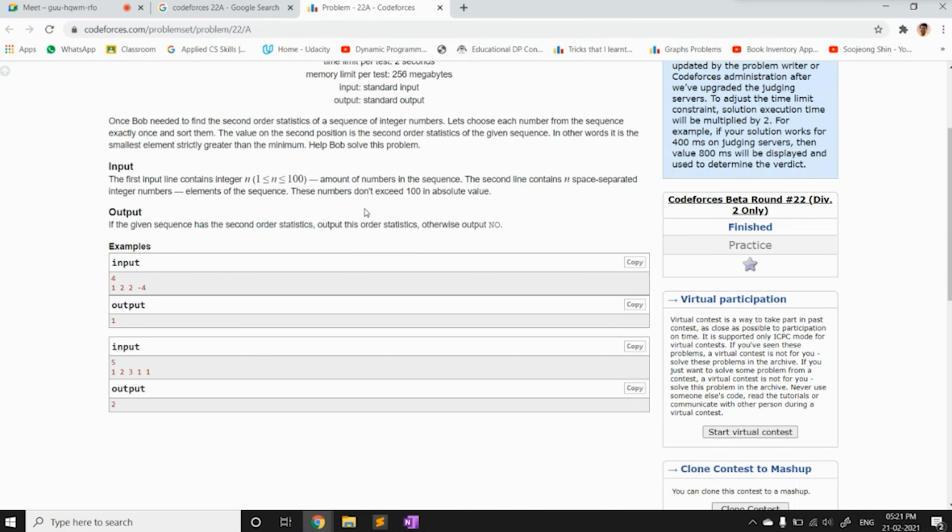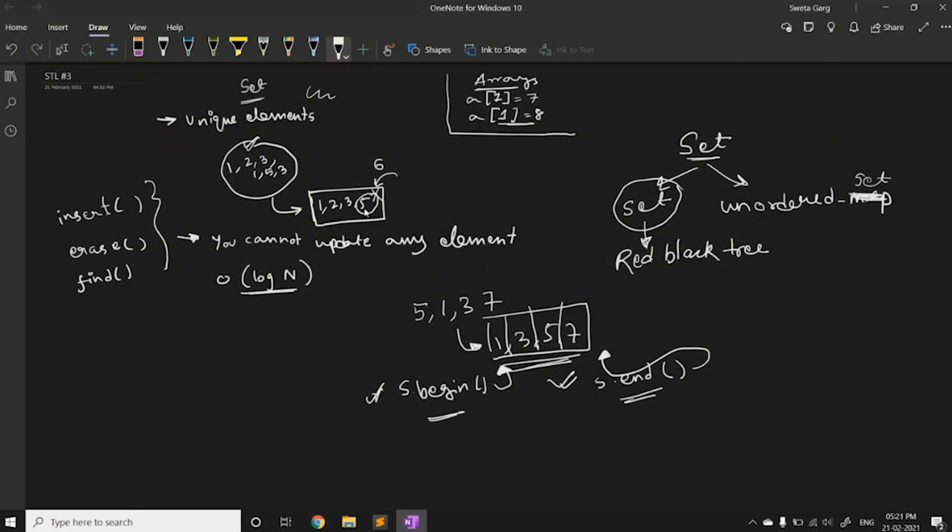So let's see why we can use the set data structure here. We can use the set data structure here because the set data structure will contain only unique elements, and all the elements in our set are ordered.